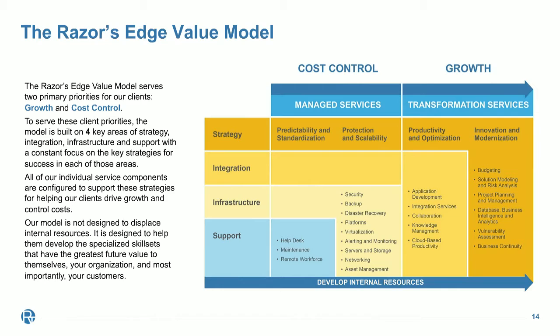And all of our individual service components are configured to work into these strategies and drive towards that growth pattern. So, our model is not designed to displace internal resources, but it's designed to help develop specialized skill sets for them, as well as to present the best future path for them to value themselves and the organization, as well as your customers. So, it's important to strategically, in the first part around managed services, design the predictability and standardization and the protection and scalability. So being able to predict the elements that are going to occur and then protect the environment